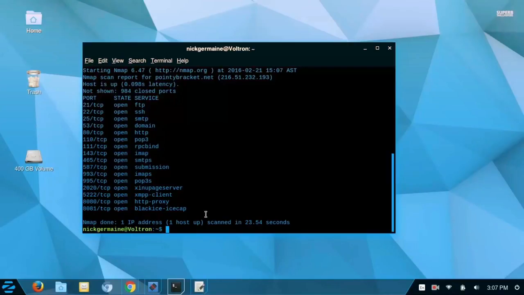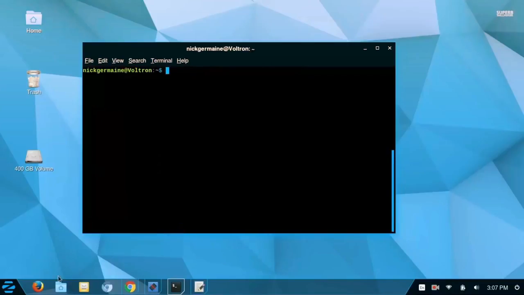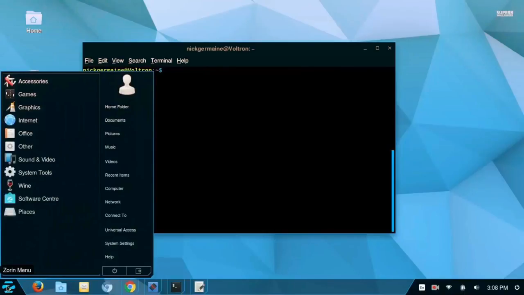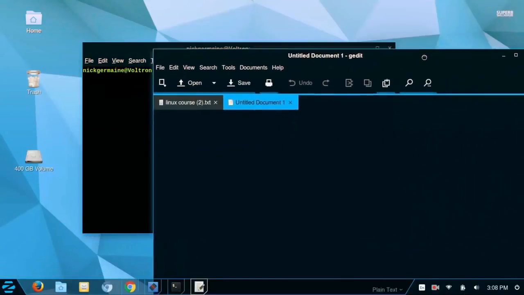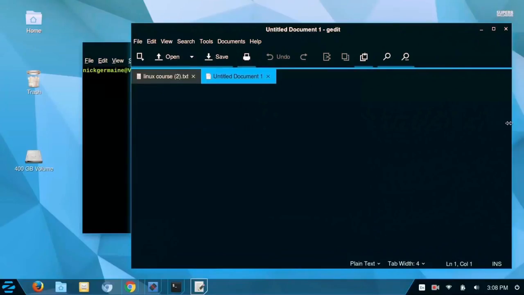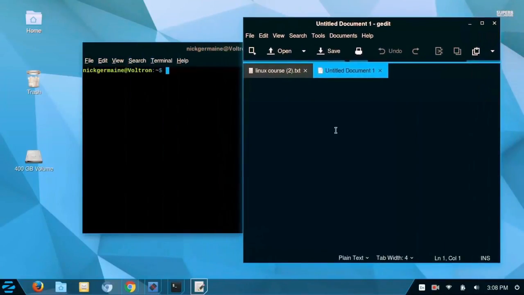Now you can also set a file. So let me clear this. Let's open up gedit. So we're going to create a file of hosts that we want to regularly scan, and this can save time when we scan them if you've got a few hosts that you regularly check on. So I'm going to put 192.168.0.1 and 192.168.0.100,